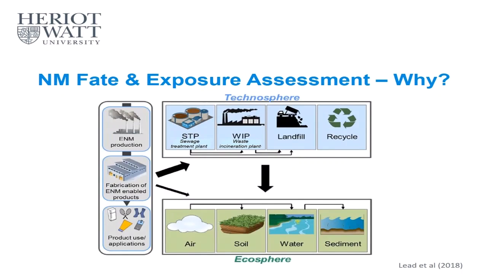In order to do so, you will need to produce them, you need to incorporate them in these materials, and then during their use or after their use, they might end up in the environment directly through fragmentation, for example, or if they are part of sunscreens, they might end up in the water, etc. But often they are products that end up disposed in some way into the environment, and then they might leach again. So it is important for us to understand the different steps and how the diversity of nanomaterials may lead to different types of fates and